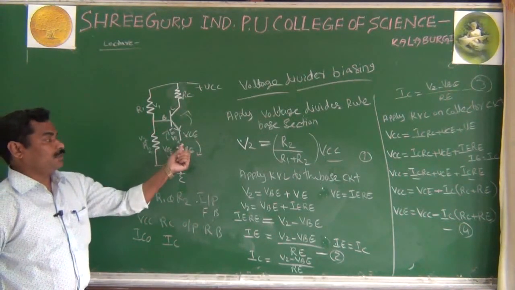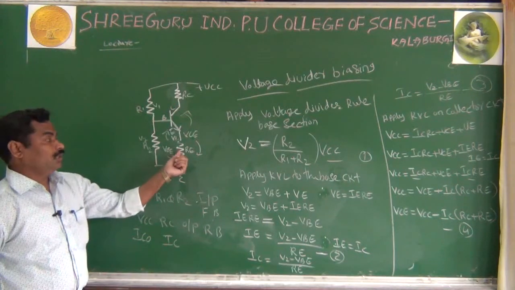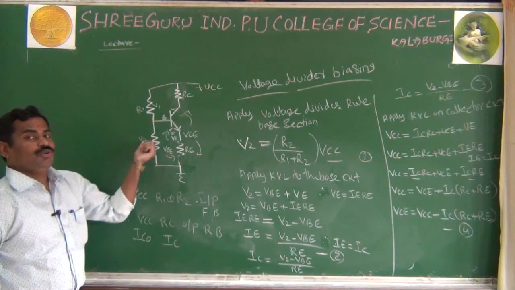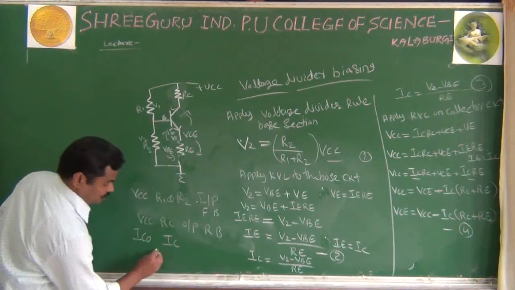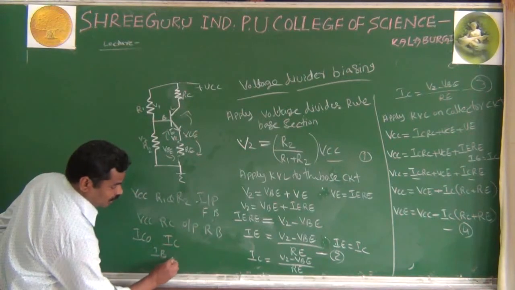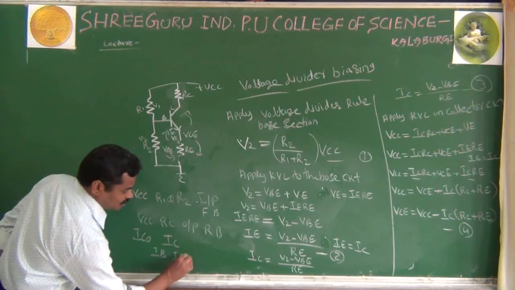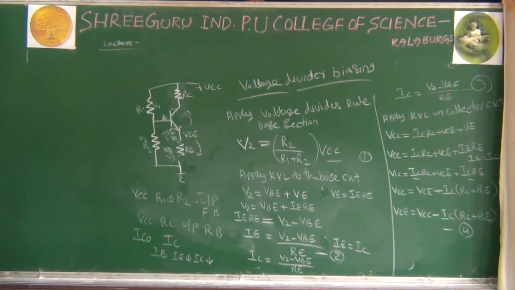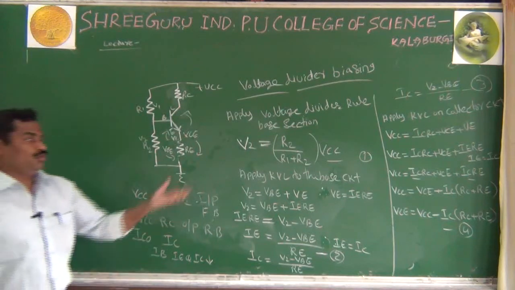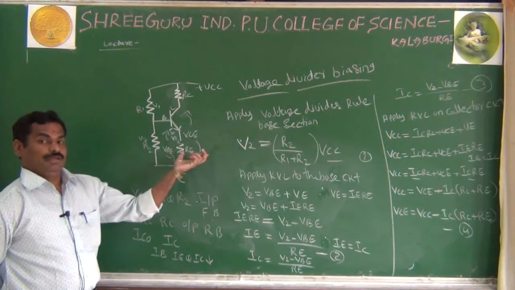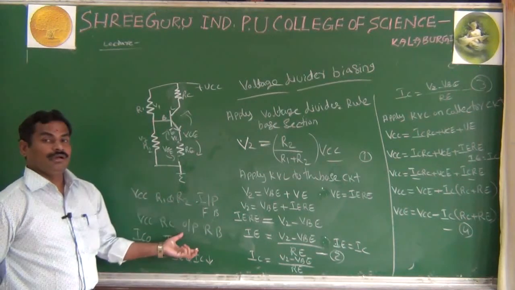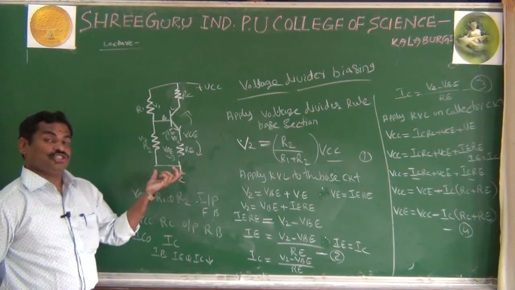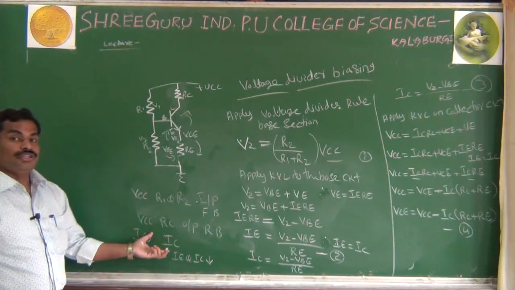And this voltage across RE, what will that do? That will decrease the VBE, which decreases the input voltage. And once the input voltage decreases, what happens? IB decreases, and when IB decreases, IE as well as IC also decrease. That makes the Q point stable, in the middle of the active region. It means the temperature may increase, still the collector current is stable.